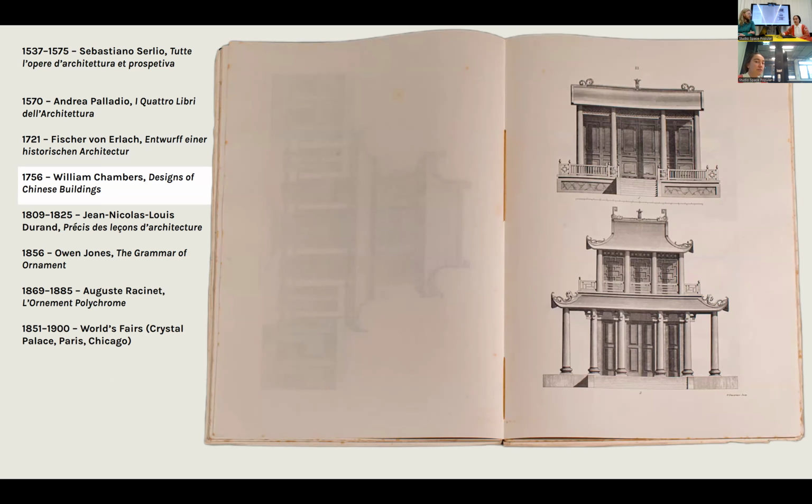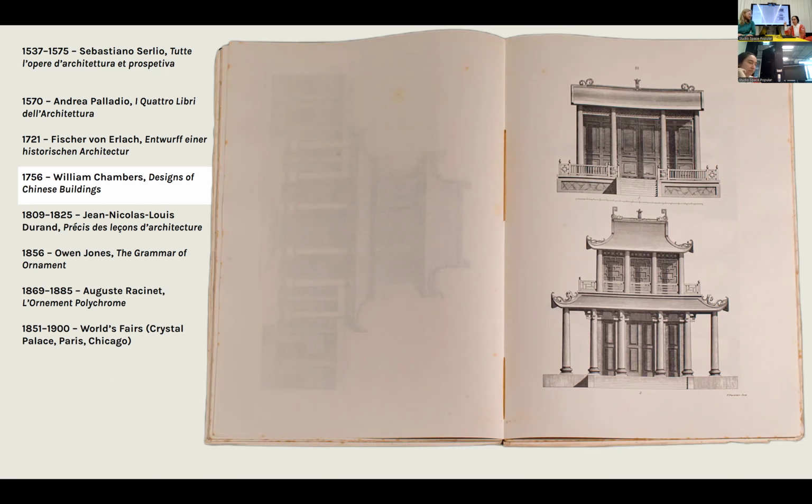The English, on their side, are in this moment going through their romantic period. They're building a lot of gardens, and they also are interested in pretty things for their gardens. So we see books like William Chambers' Designs of Chinese Buildings, which basically creates these fantasies of buildings that he encountered in China. And then not only that, but creates other books